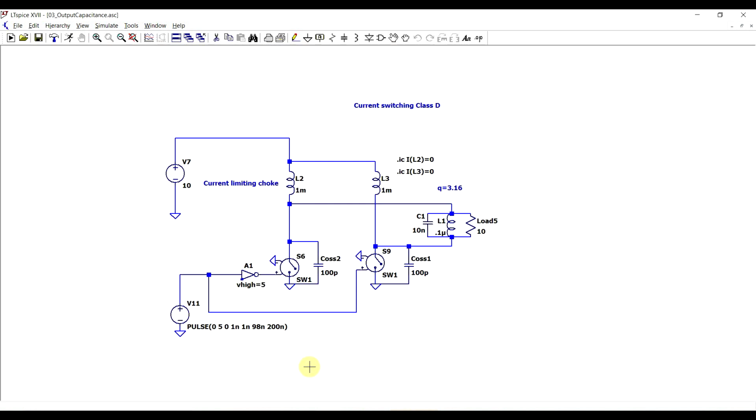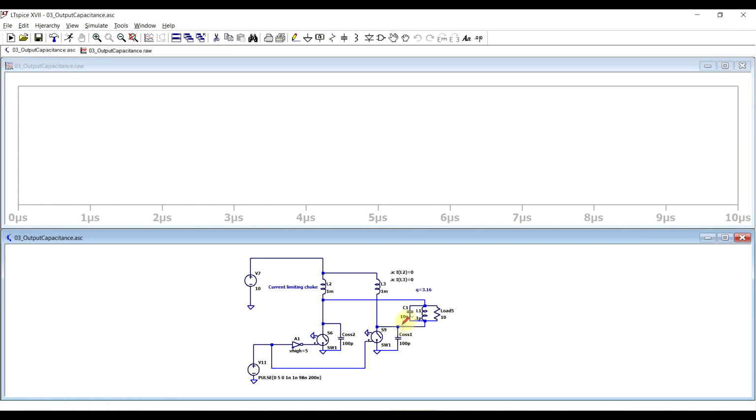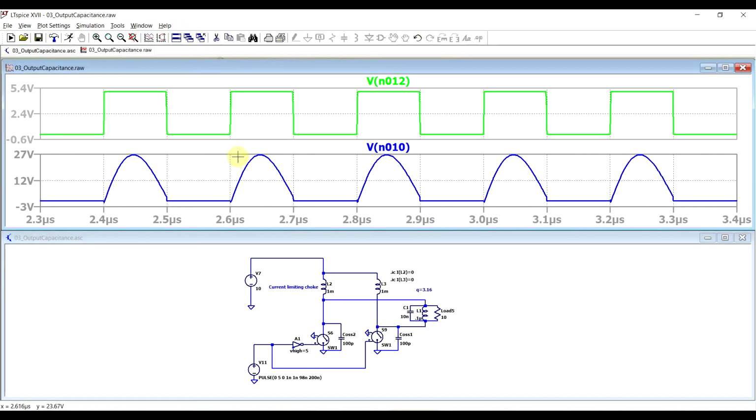Now we can look at a different circuit which does present ZVS, zero voltage switching, like the current switching class D amplifier, which I looked at in more detail in a previous video. So if we run this circuit to observe its behavior, I already added this extra output capacitance. If we look at the moment when the input signal is transitioning, so in green we have our input signal, we can see that the voltage present in the drain of our transistor is almost zero. So we have a sinusoidal voltage waveform which goes through zero right at the moment of transitioning,